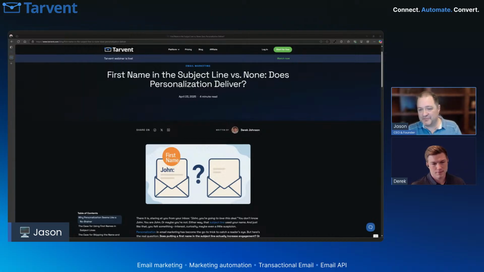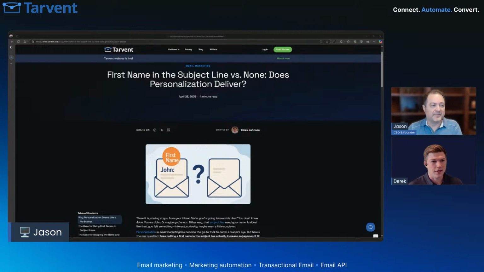I can't believe that when we first released, back in the day it was called IX Campaign, we didn't even have personalization in the very beginning. It was just sending out email, and then we added personalization a little bit later. But that was many, many years ago. I think this is becoming more of that gee whiz thing: if you just do the first name, it really doesn't do too much anymore. You have to get beyond that and do some super cool things, which you'll be getting into here.